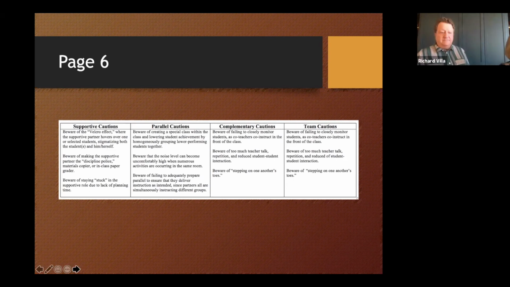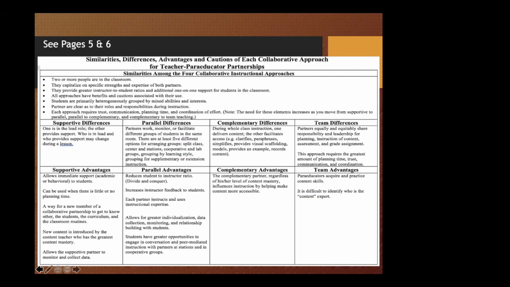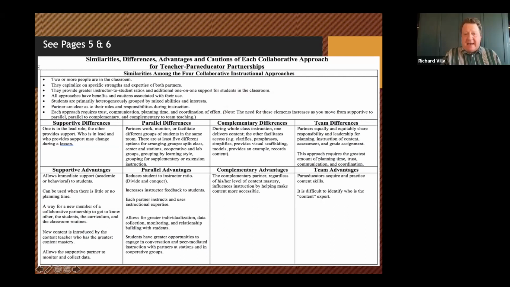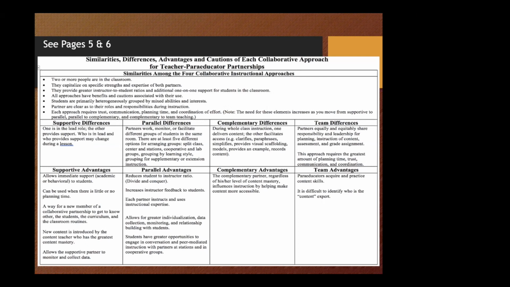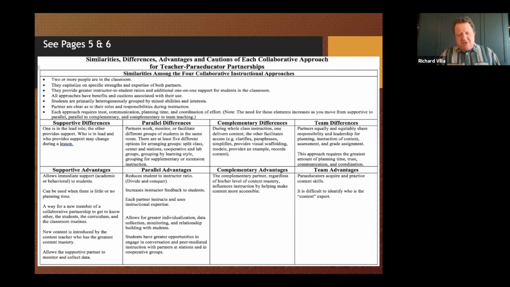What about complementary? Complementary co-teaching brings us back to large group instruction. If you go in, it's kind of clear to you that one member of this co-teaching team is driving the content, but what the other member does is to increase the likelihood students will be able to access and be successful. So if I were co-teaching with someone, and not Jackie, but someone maybe not as facile with the